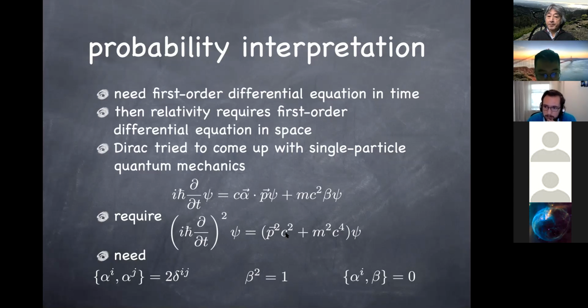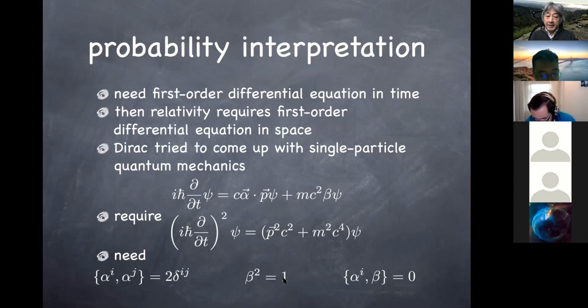Is everything okay? All right, so here we are still trying to come up with a relativistic version of quantum mechanics. So far, we are still not doing quantum field theory. In order to satisfy these two requirements, namely that the wave equation is first order both in time and space, with alpha and beta just arbitrary coefficients at this stage, and also that energy squared is given by p squared c squared plus m squared c to the fourth, we now know that these alpha and beta coefficients have to satisfy these relationships.